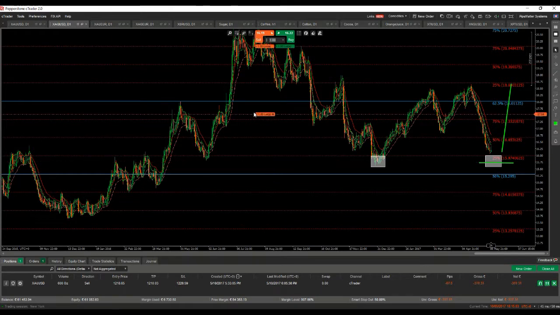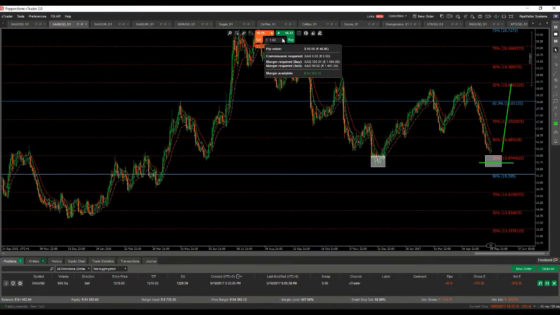So as you see here, let's say if you sell here, 36 pips is 1.6k. So you know it's quite dangerous. You don't want to be in a big position right away. What I would advise to do, if you will be trading something like this, is to scale into a